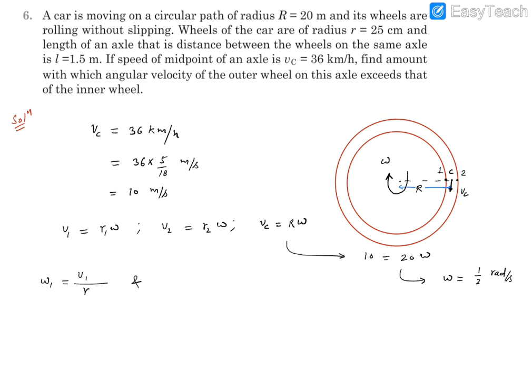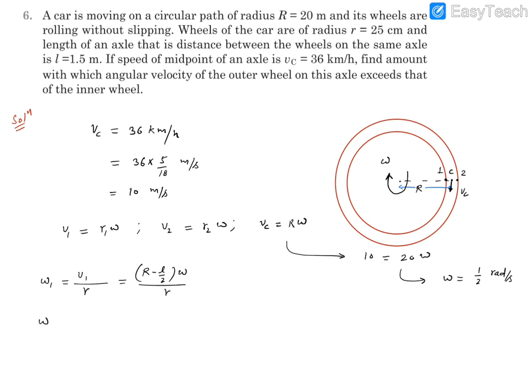And similarly, we can write omega 2. But before we write omega 2, let's complete omega 1. So it's going to be R1 over small r. Now R1 we can also write in terms of the length L that we have been given. This total length is L. If we're writing R1, we will say total R minus L by 2. So this is going to be (R minus L by 2) into omega divided by r. So that's going to be omega 1.